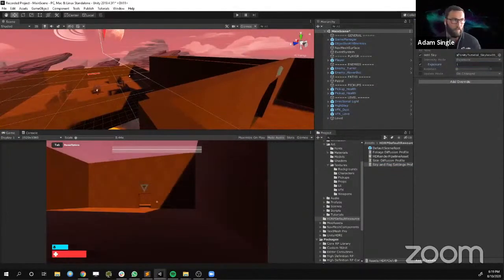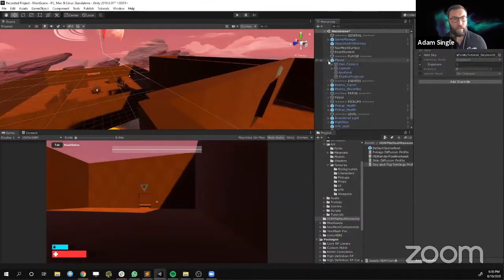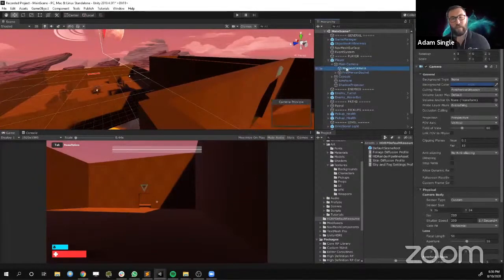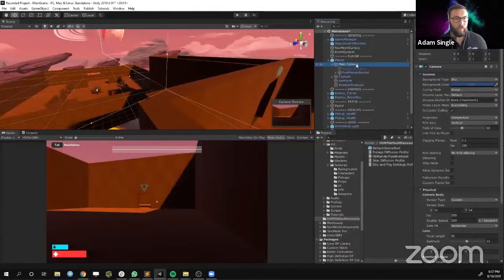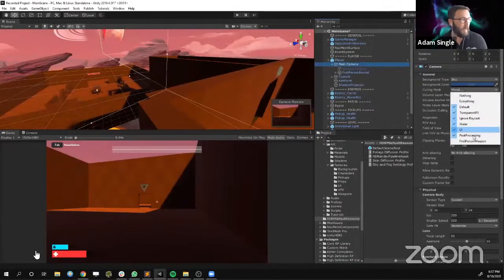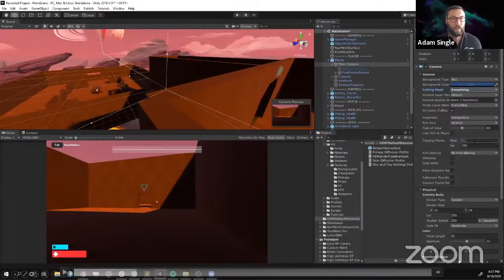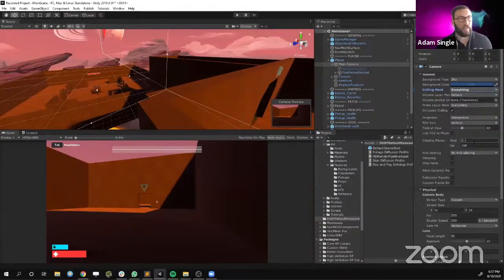So if we go back to our profile that we did there, and we see the HDRI sky exposure, and we pull it back to 1. But our scene is looking fairly orange, and this is because the original scene was adjusting the color of our direction light to look like it matched the sky. But now that we're actually using a HDRI sky and HDRP, we don't need to do that anymore because our lighting actually pulls color from the HDRI sky, and we already get that happening for us. So we can go through and choose our direction light and choose a color that's a bit more neutral and